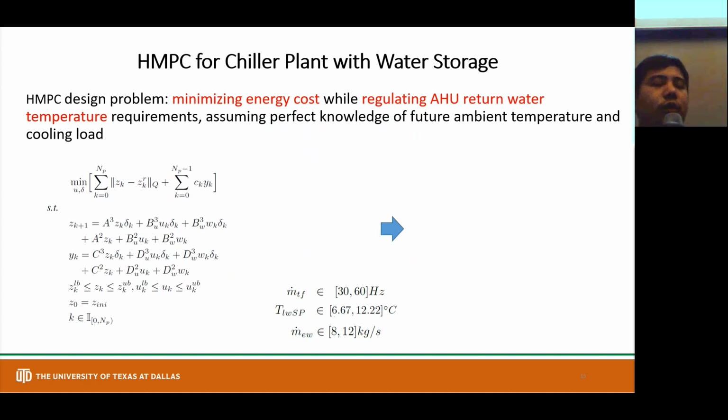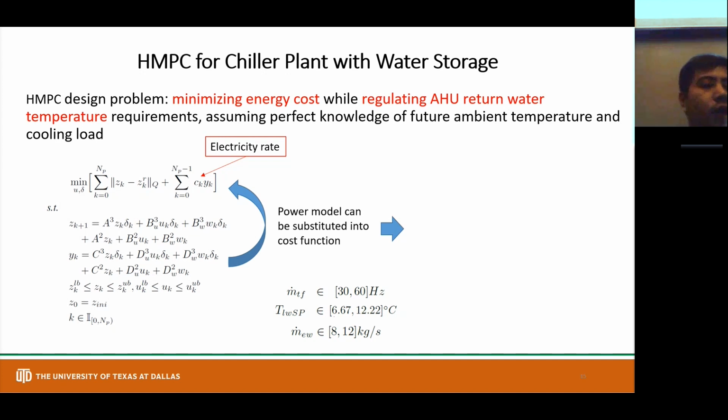The next step is to design the hybrid MPC for this mixed system. For this MPC, we have two targets. The first is to minimize the energy cost, and the second is to regulate the HU return water temperature. In the cost function, we have two terms which represent the temperature regulation and the energy minimization. The C represents the